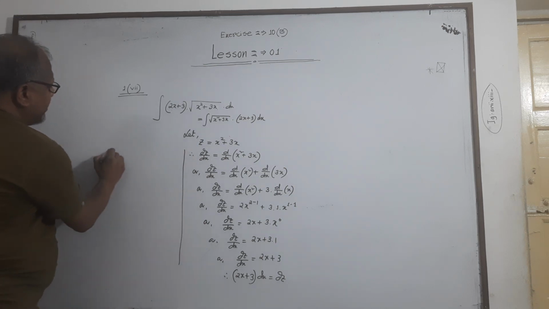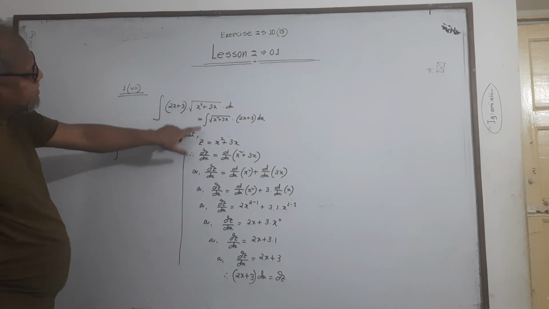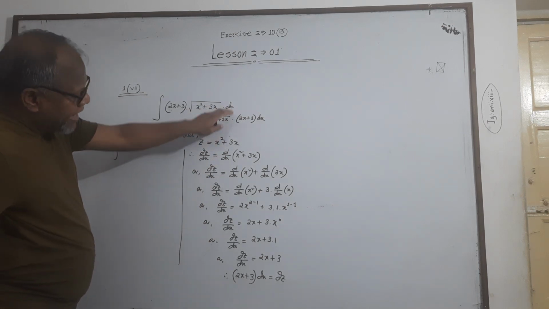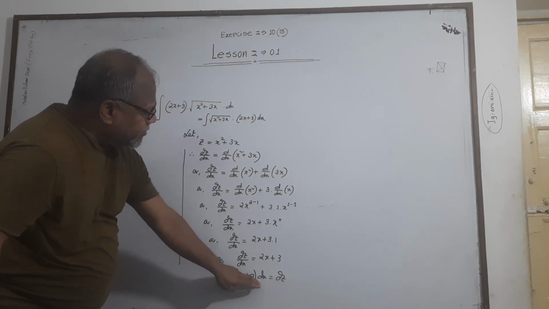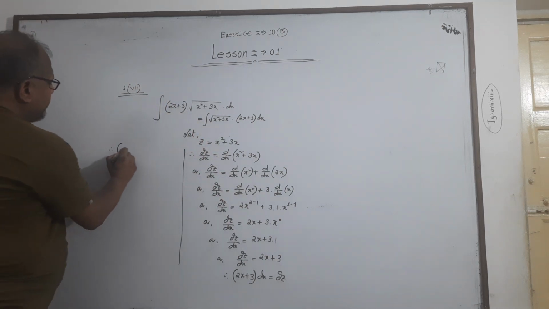Now I'm going to start the integration part because this is the substitution method. First I consider something, and then I put the value of (2x plus 3) dx as dz into this part. Here it is root over z